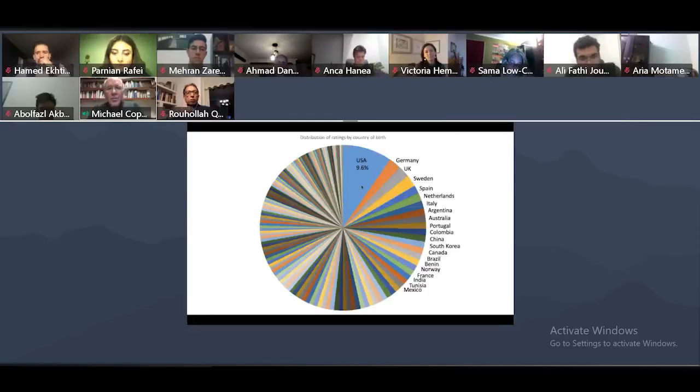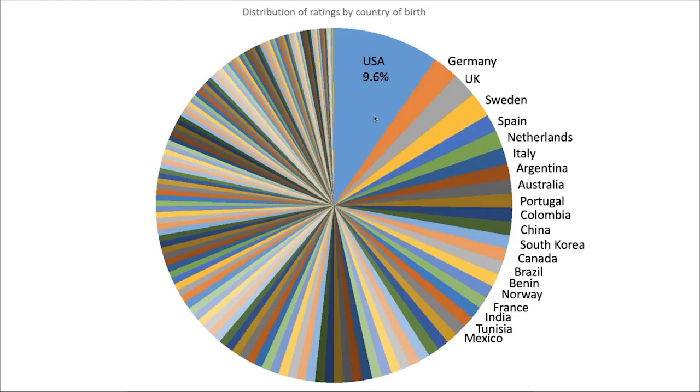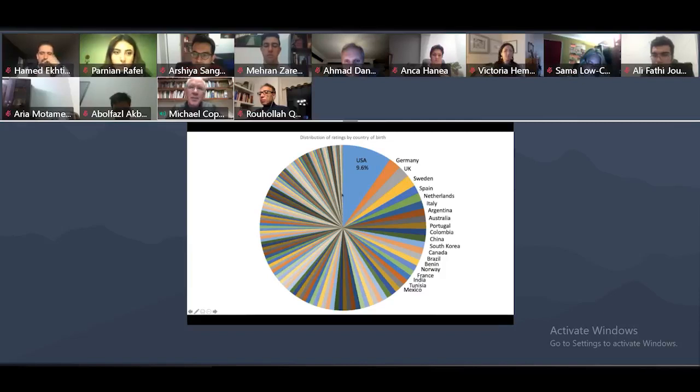Next slide. They're roughly distributed pretty equally across countries, because we need to have a full complement of experts to code all of these countries. Some of the countries, such as the US, Germany, and the UK, are overrepresented because those are people we know, or there are more people who are qualified, or people who migrate to those countries. But at any rate, it's probably very representative of world expert opinion about these things.